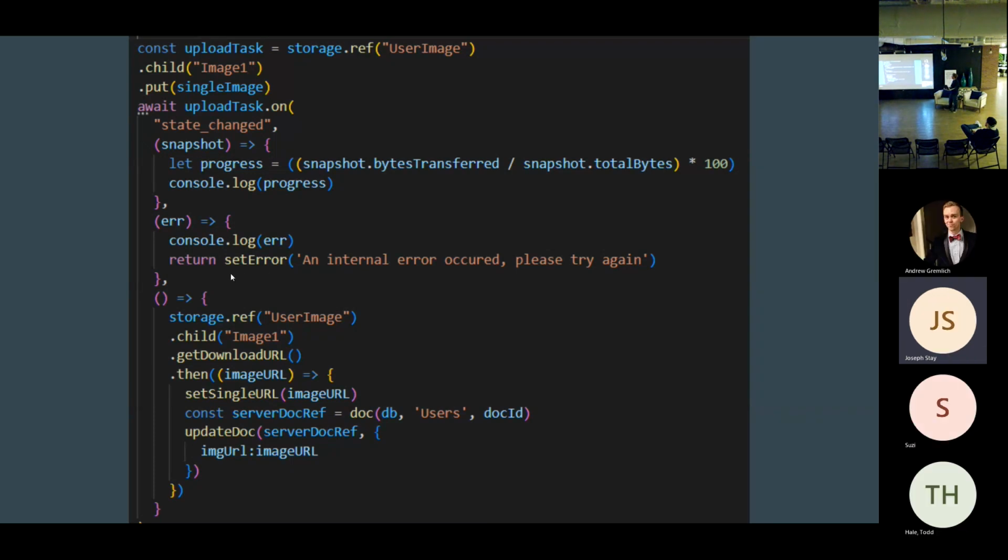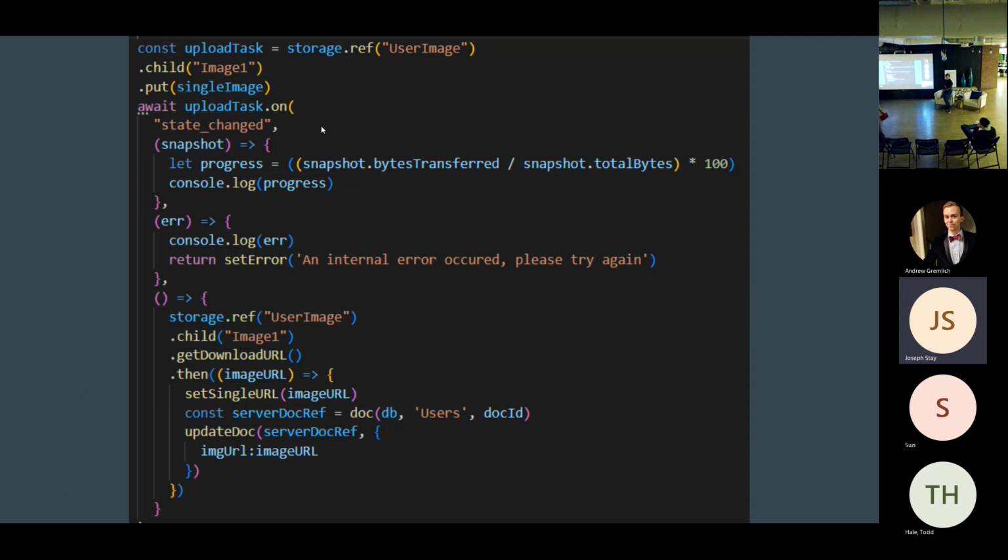Oh yeah, this is another thing I'd like to mention. When working with forms, especially when you have this whole sign-up process and sign-in process, you want to have a disabled box that is an error function, and you want an error state set to that, where if there is anything in that error, you're displaying that error box in the form. So at any point that there is an error, instead of just console.logging the error, you can also just set the error using a useState set, saying that an internal error occurred, and no matter what, that's just going to pop up at the top. The user knows, and then we know.